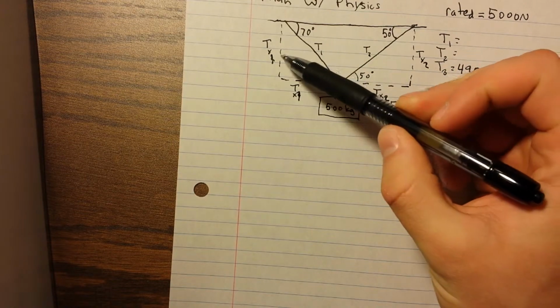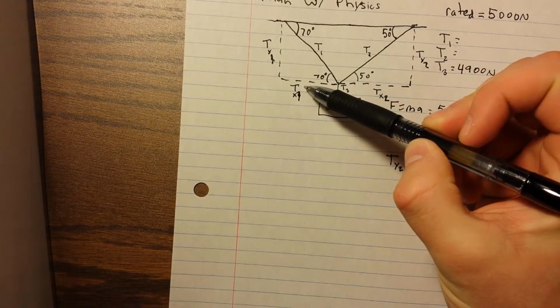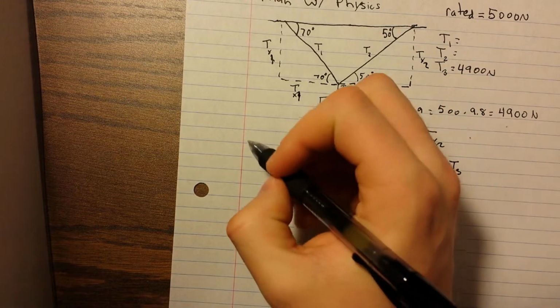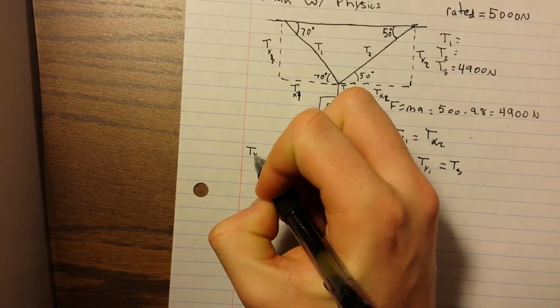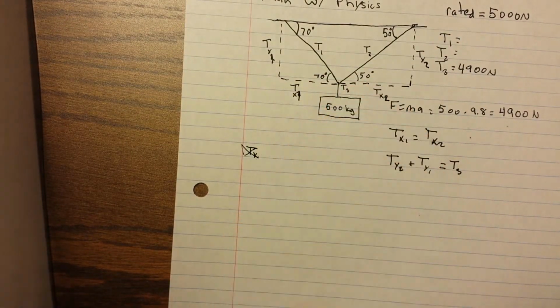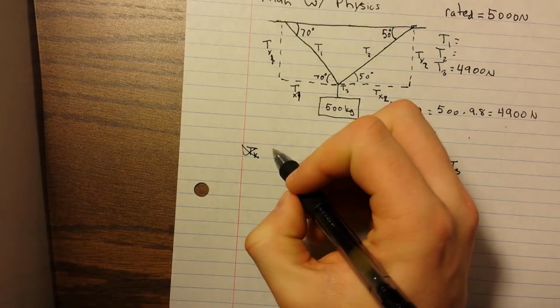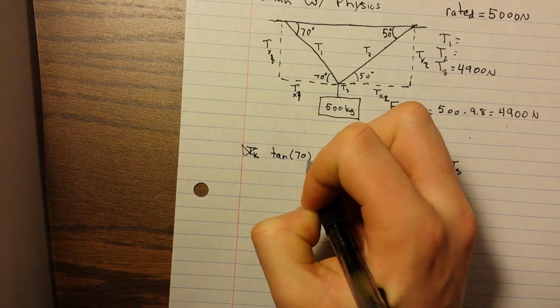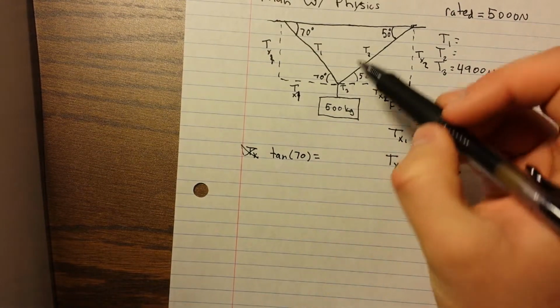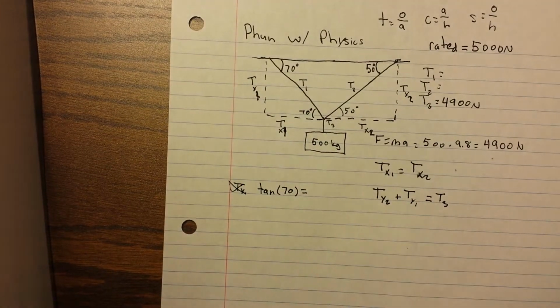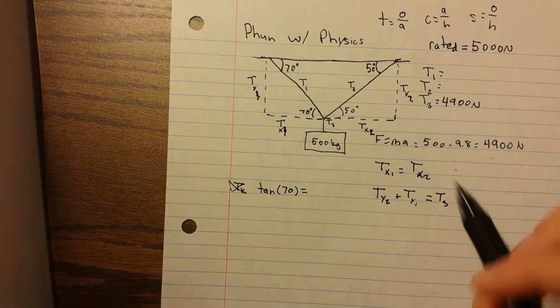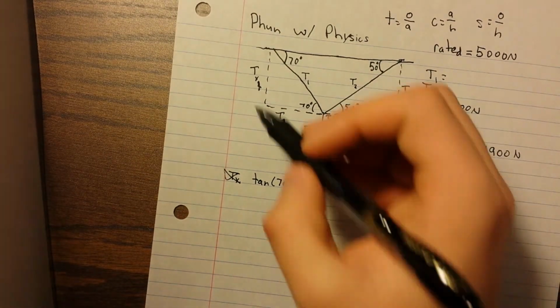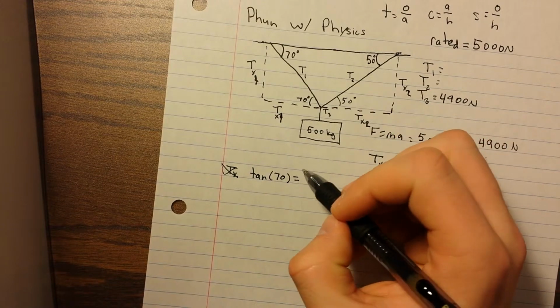Well, it's opposite and adjacent. Let's do that one more time. Tangent of 70, since it's tangent because it's opposite over adjacent, and our opposite is TY1